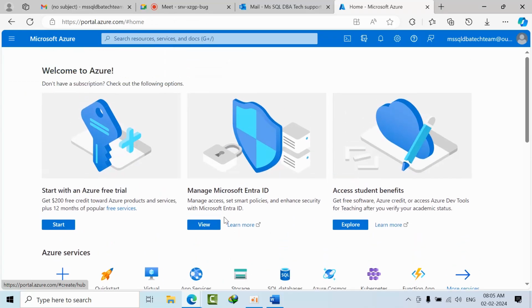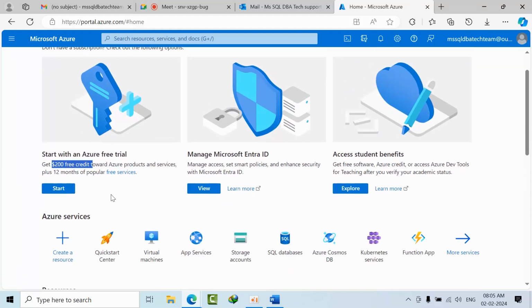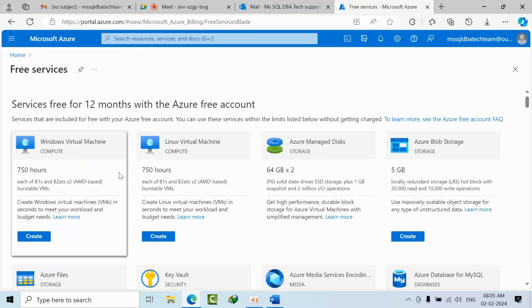For the first time, Microsoft gives 200 free credit and some free services. Here we have two free services. Microsoft gives a Windows virtual machine with 750 hours, and this is the configuration.